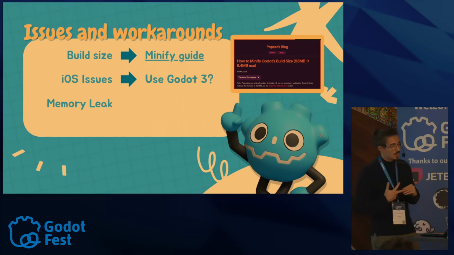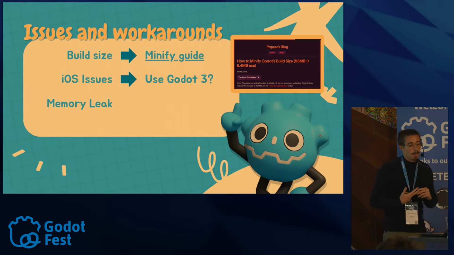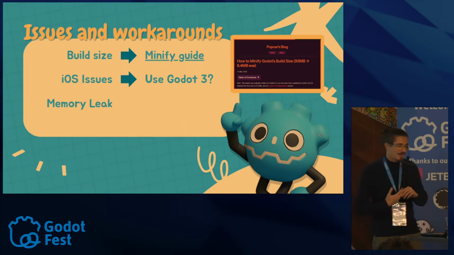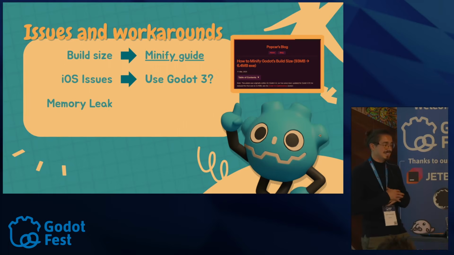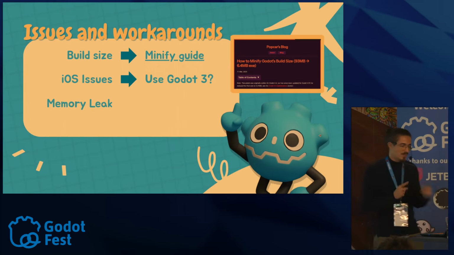The last issue I found that I would like to share was a problem about memory leaks. I found out after the release of my game that if the play session was too long, the game just crashed.